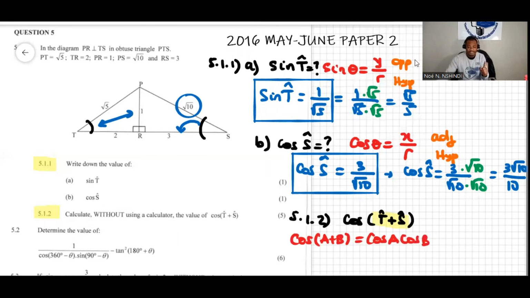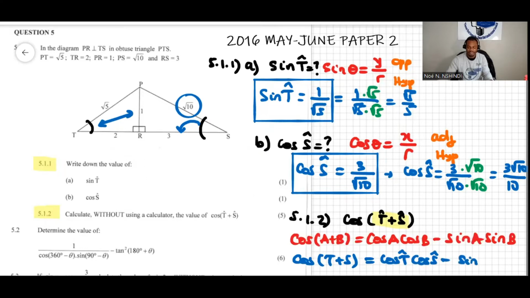Okay, when it's plus, we're going to place in minus. Minus sine A sine B. That's the compound angle formula for cos. So in this situation, we have cos(T plus S), then we are going to do cos T times cos S minus sine T